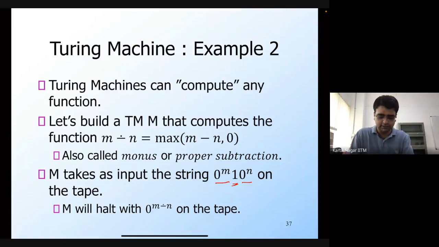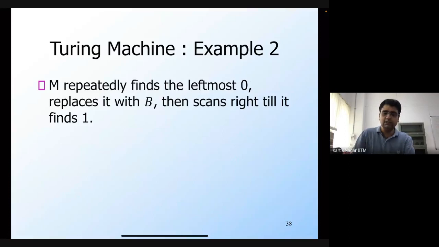And so if m is greater than n, then it will have m minus n zeros on the tape. Otherwise, it won't have any 0 on the tape. So the way this Turing machine works is very simple. Since you have a number of zeros, and then you have 1 and then a number of zeros, you will basically pair the leftmost 0 before 1 with the leftmost 0 after 1. So you will keep on doing this,